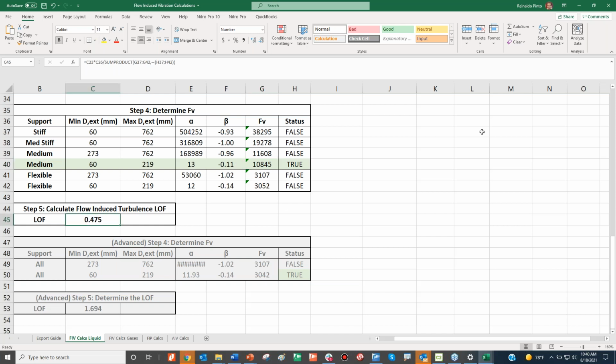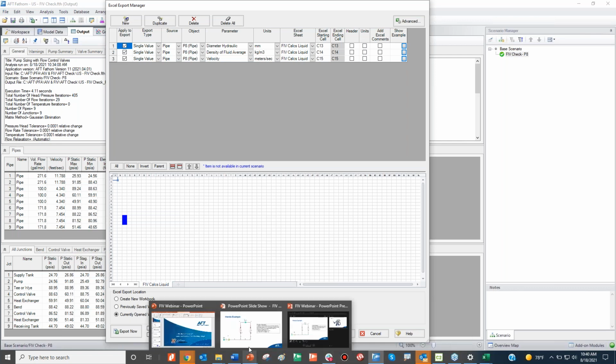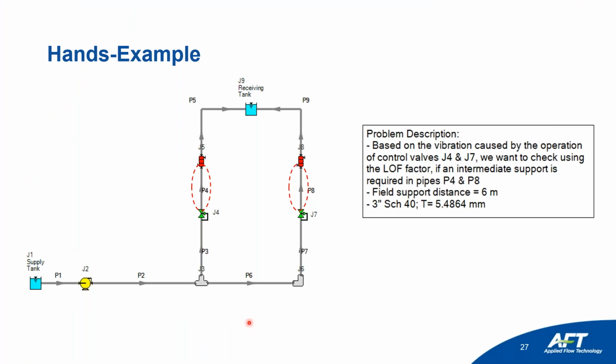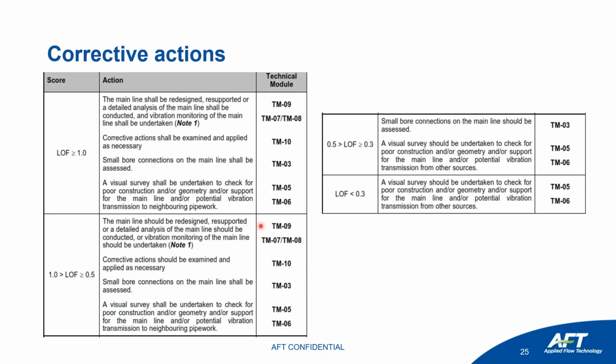With this value, we would go to the table and say, okay, our value is between, it's 0.475.